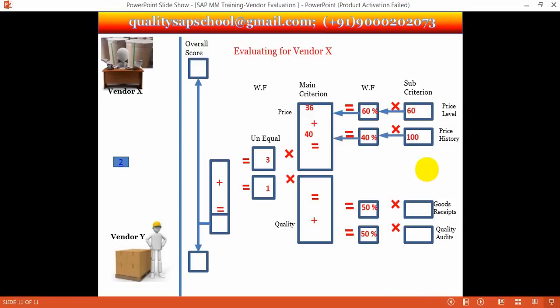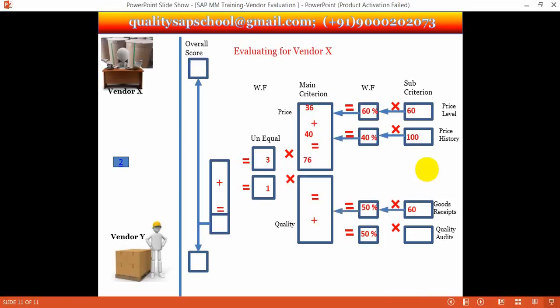Suppose for the price history the score is 100%, meaning whatever the market price is, it is exactly coinciding with that. So 100% marks it has got. The history weightage we have given is 40, so the maximum is 100 marks, and 40% of 100 will come to only 40. That's the main criteria. Now together, 36 plus 40 is 76,